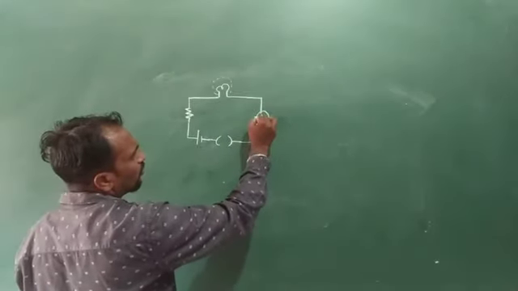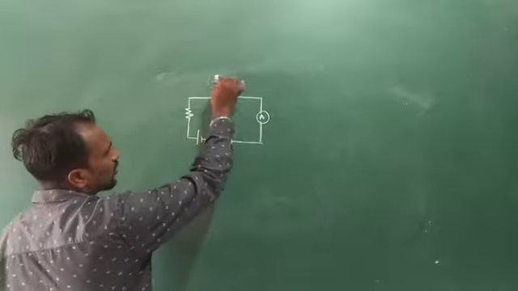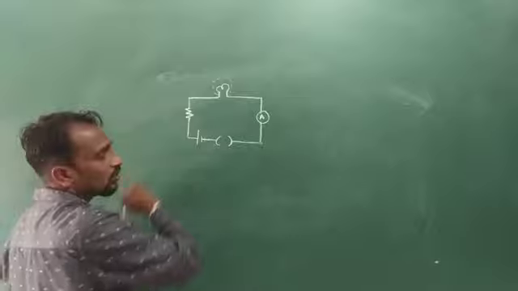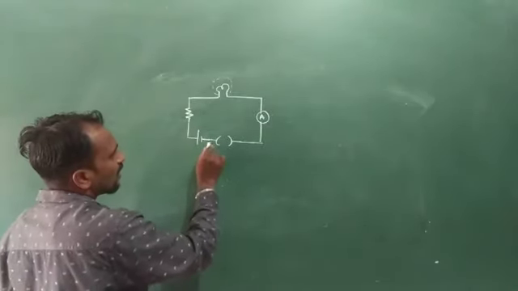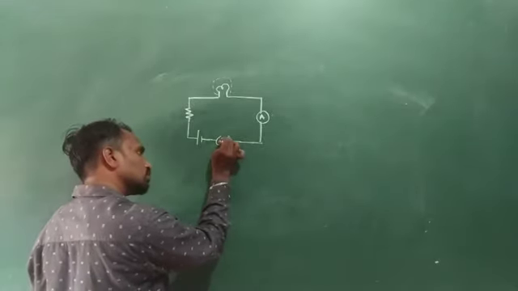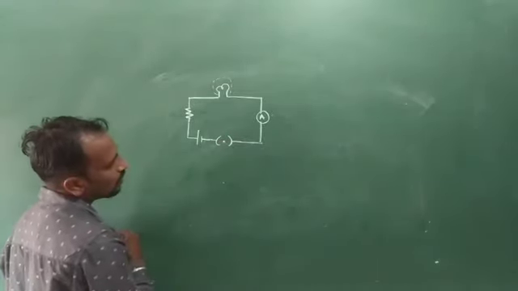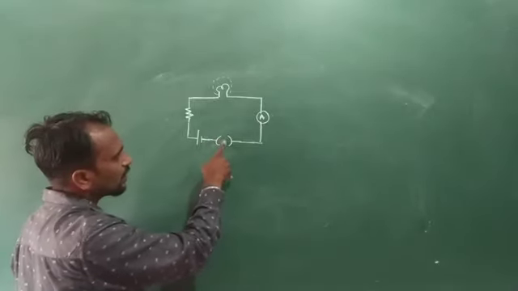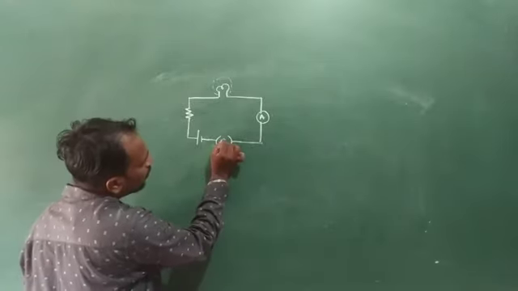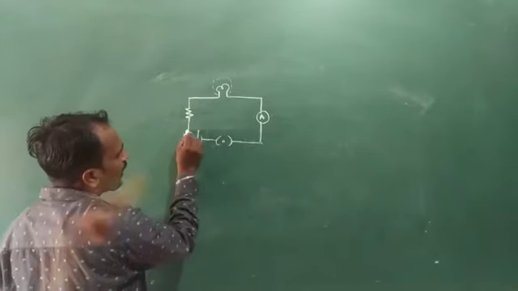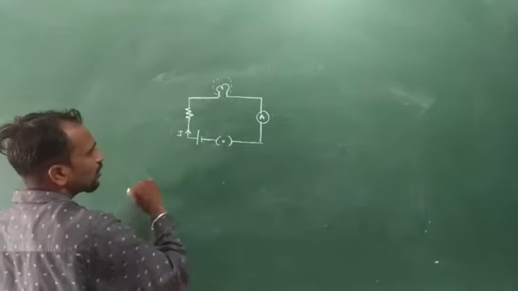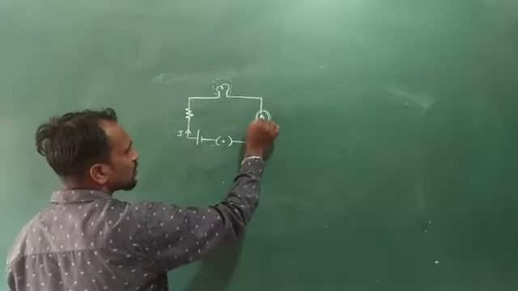So this one is the symbol of an ammeter, this one is the symbol of a bulb, this one is the symbol of a resistance, and this is the symbol of a cell or battery, and here we consider a key. Suppose this key is closed. So this one is a closed key and this one is an open key. Closed key and open key. Okay, when the key is closed, then what happens? Electric current flows through in this direction. We want to measure this electric current by using an ammeter.